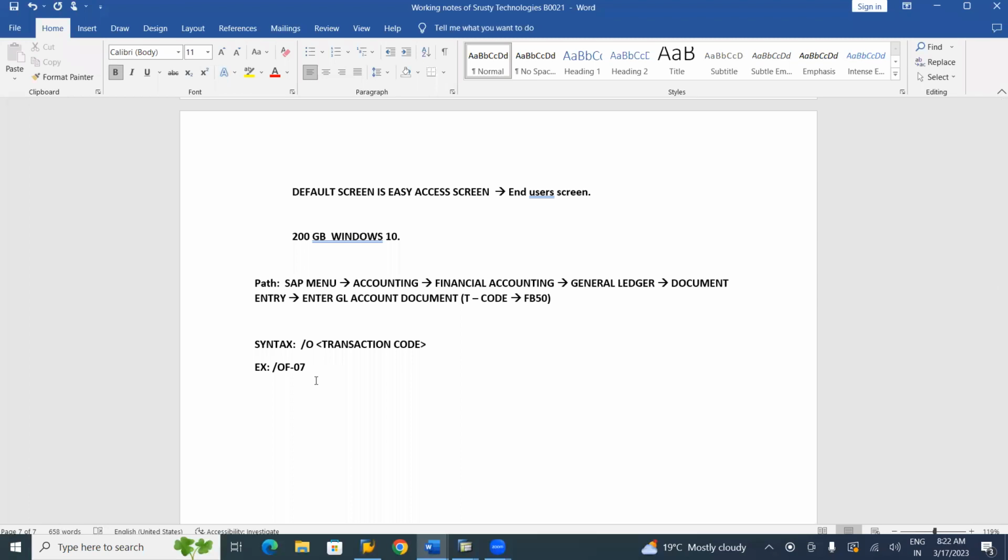Okay, example. Write down a note: /o with the transaction code opens a new session or application without closing the existing application or session. Clear? So for example,